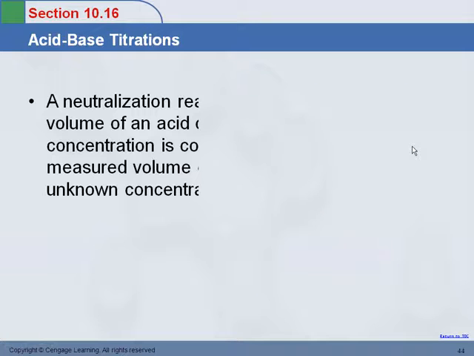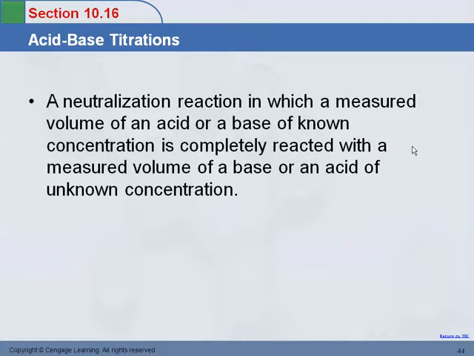When you react acids and bases together, it can be very useful to use this reaction in order to be able to figure out concentrations of unknown solutions. And this actually is something that you'll do quite a lot in the health field of titrating something against something else. So blood titrations to figure out a variety of things, urine titrations, all kinds of titrations that you're doing. You may or may not actually be doing a titration like we'll do in lab, but the fundamental idea is